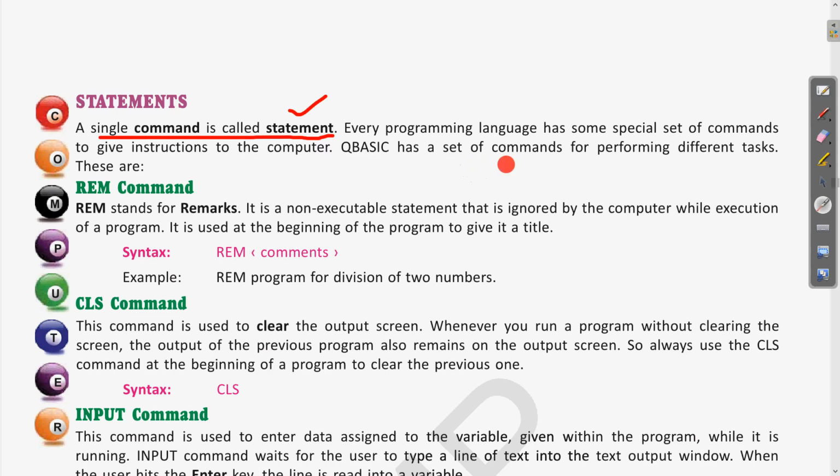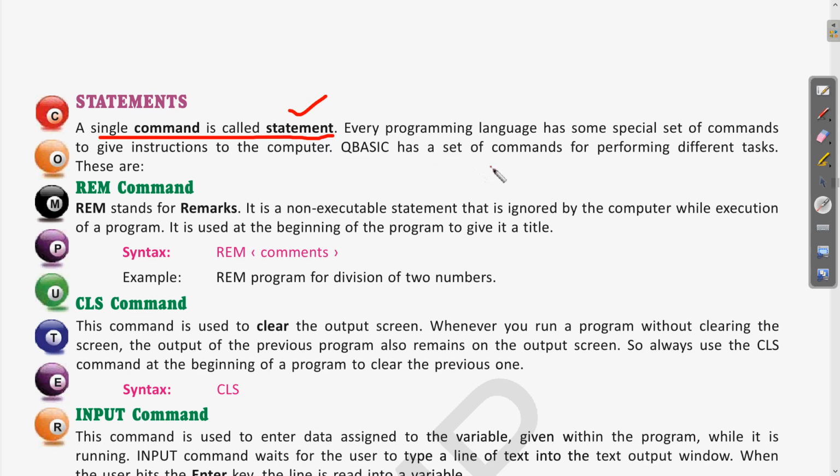QBasic has a set of commands for performing different tasks. Clear? So whatever programming language we are using, all programming languages have some instructions, using which we can write the program or give the instruction. In the same way, QBasic also has some commands.